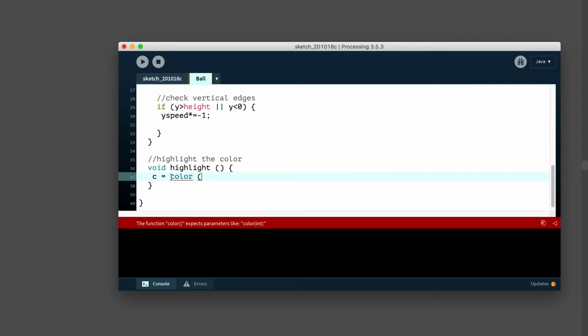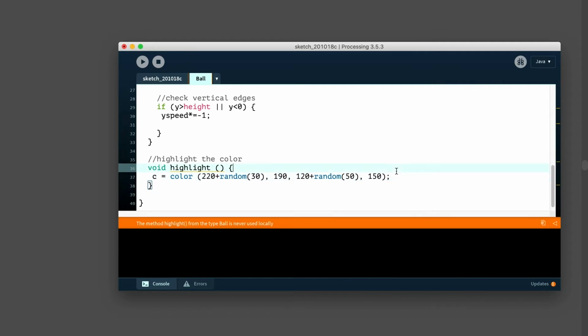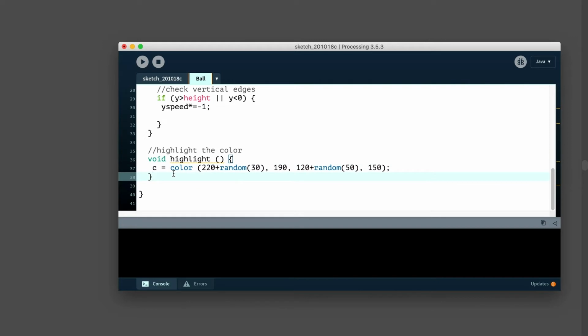And I'm going to throw in a color, maybe 220, 190, and 120, and a little bit of opacity, so I'll do that, 150. I know ahead of time I kind of want a little bit of randomness, so I'm going to throw in a tiny bit of randomness so that each time it runs, maybe on the red and the blue values, it adds just a tiny bit of randomness so it looks more organic or less artificial.